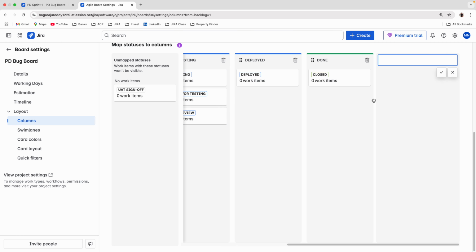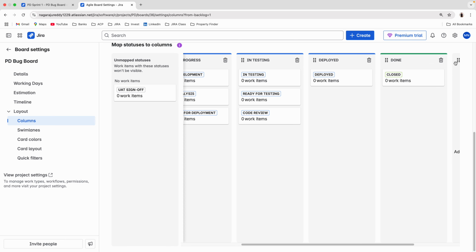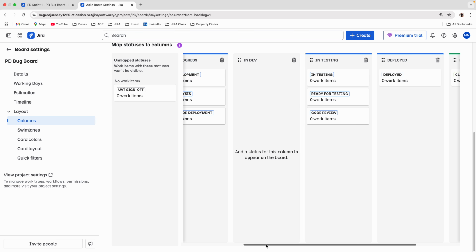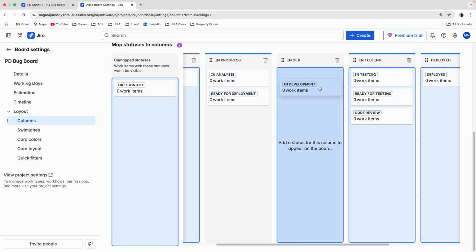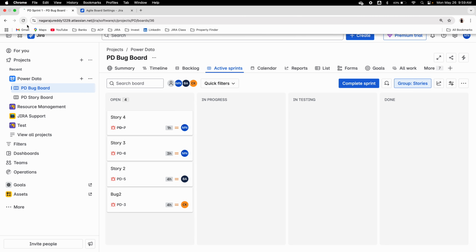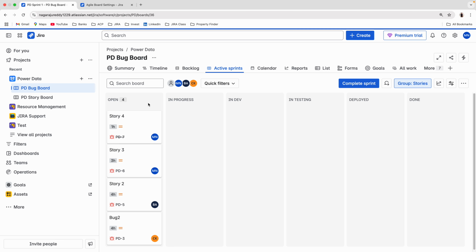Okay, example, if I want in development once, drag and drop, before only in development. Okay, so now same, everything will appear here. Okay, second, what we can do still here,